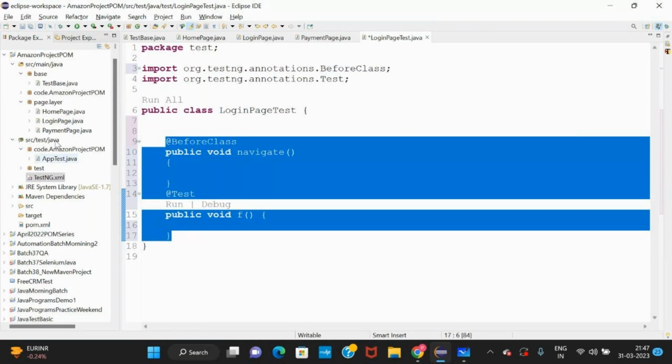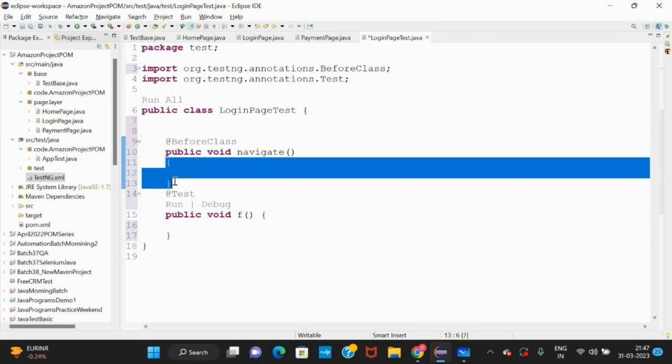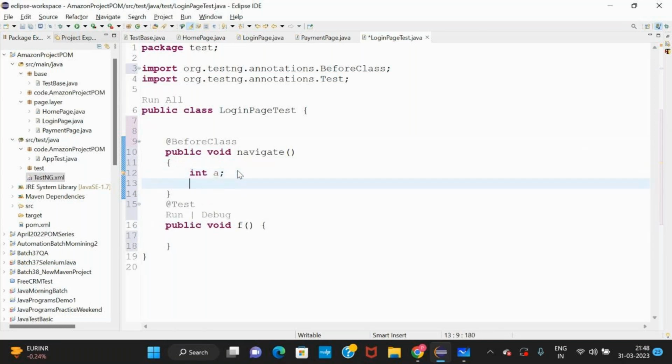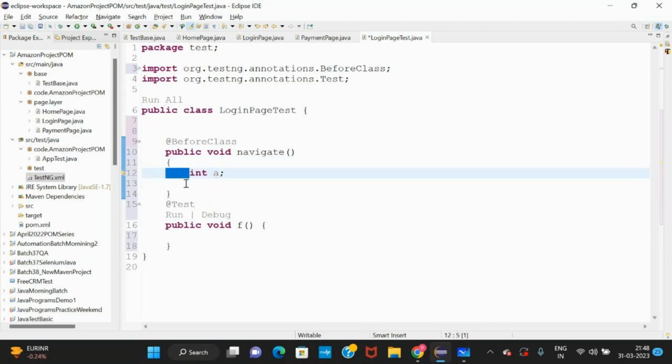Whatever code you write inside this bracket should always start after one tab. You should not write from the start of the line, never do that. Press the tab, it will take 8 characters or some space, a little space, and then you can declare this. All the code inside this bracket will have a little space before it. This is the indentation you have to follow.